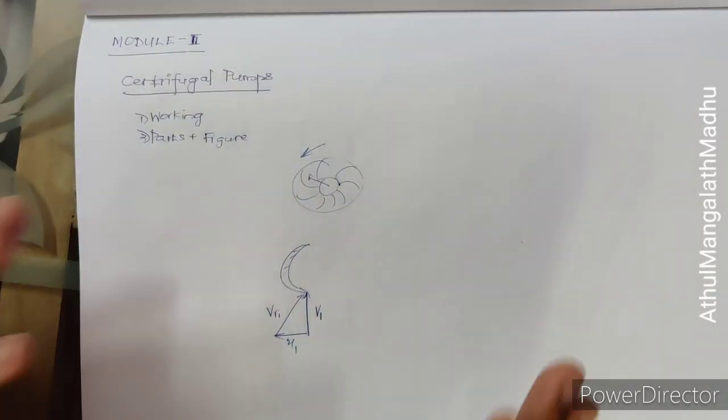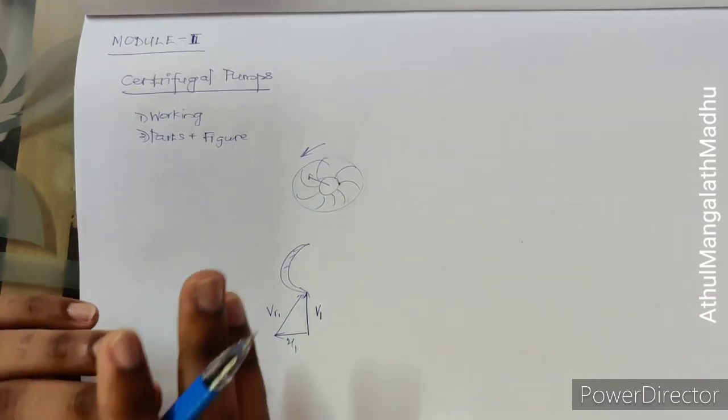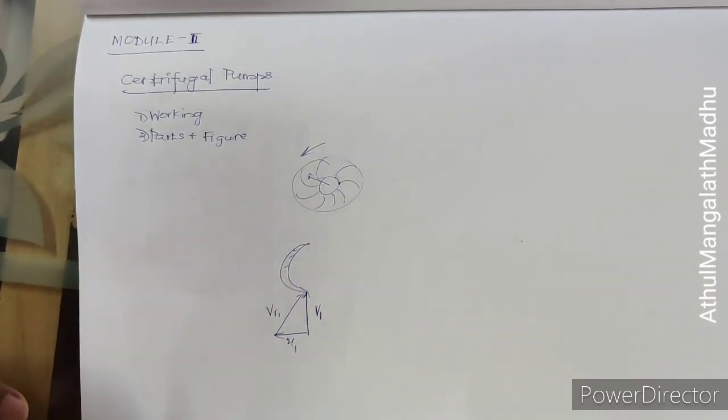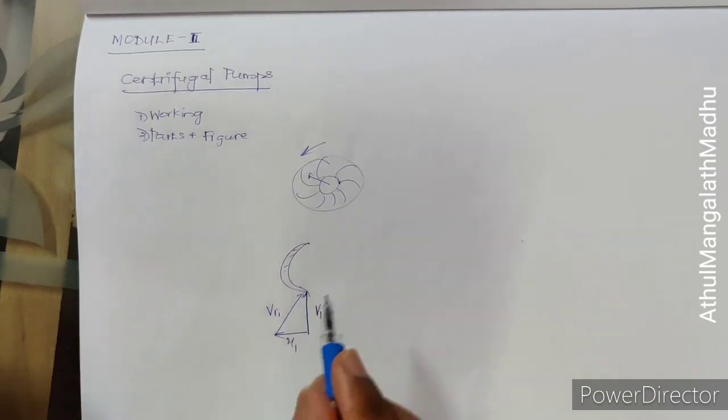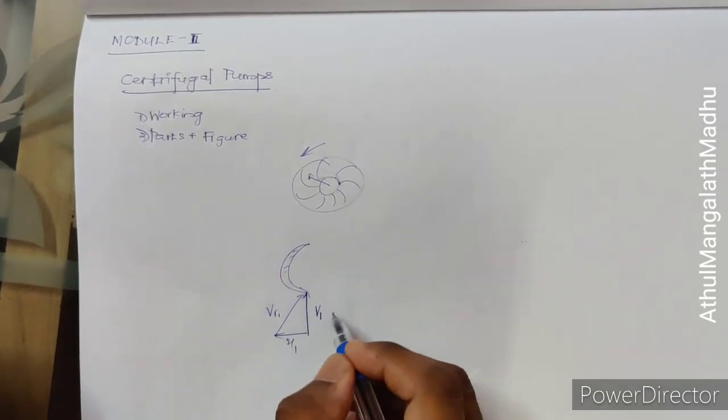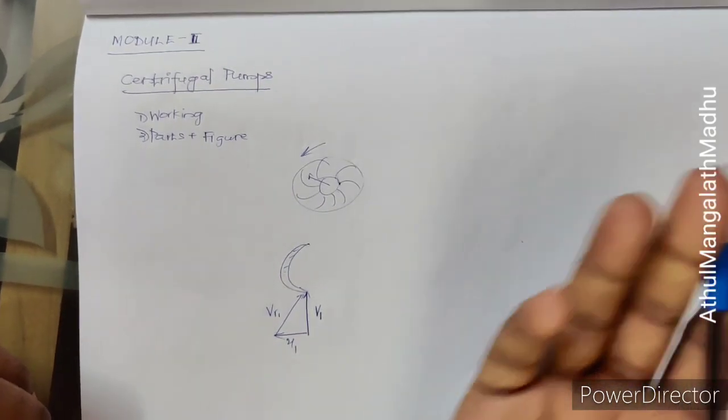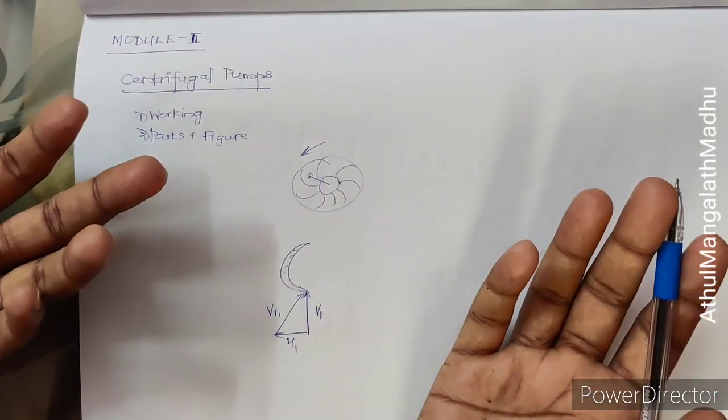If nothing is mentioned in the question, you always have to assume this. They won't say anything in the question, only if there is some change will they mention it. Otherwise you have to assume that this is always like this. And it can be radial or it can be normal at the outlet. That depends upon the question.